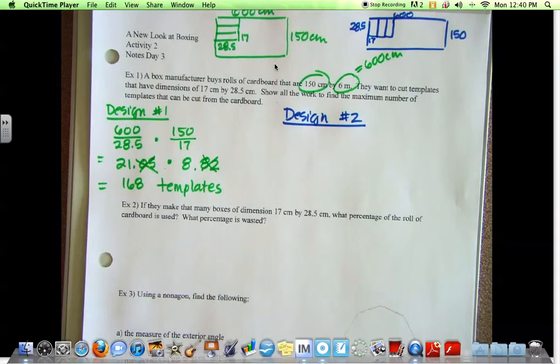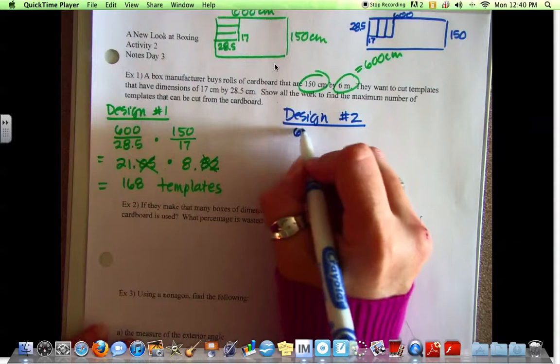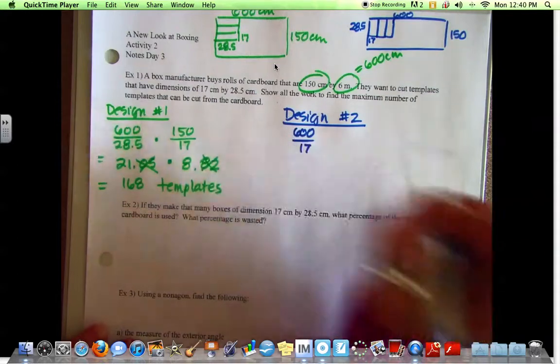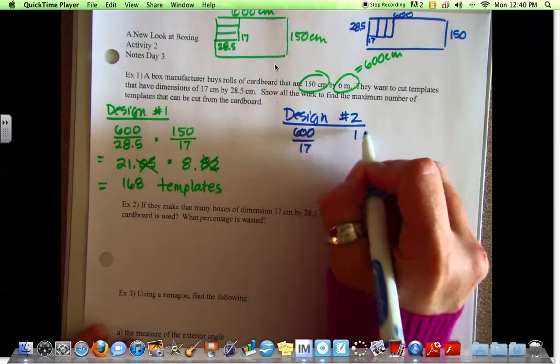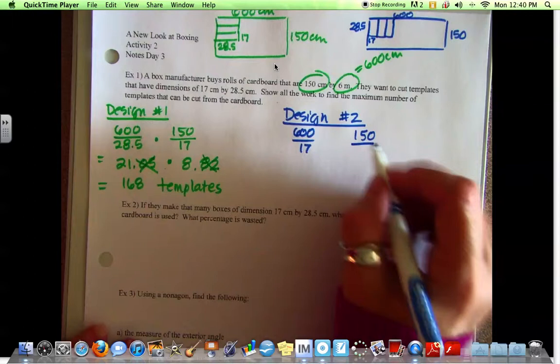So now we're gonna take 600 and divide it by what? 17. And we're gonna take 150 and divide that by,